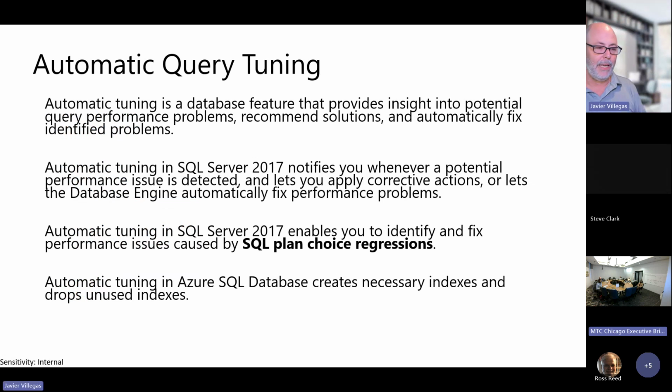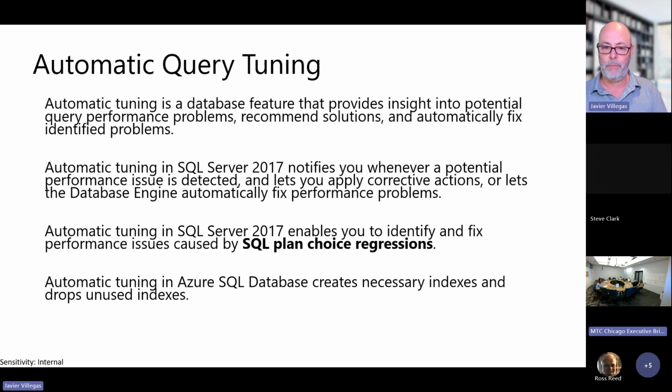What happened if in the middle of the night we have this regression and we have no DBA in front of Management Studio and the Query Store report to manually force the last known good plan? That was a problem, right? Because we had the regression at 3 a.m. in the morning, and until a DBA gets into the office at 8 a.m. or something to detect it and force it, we have all these